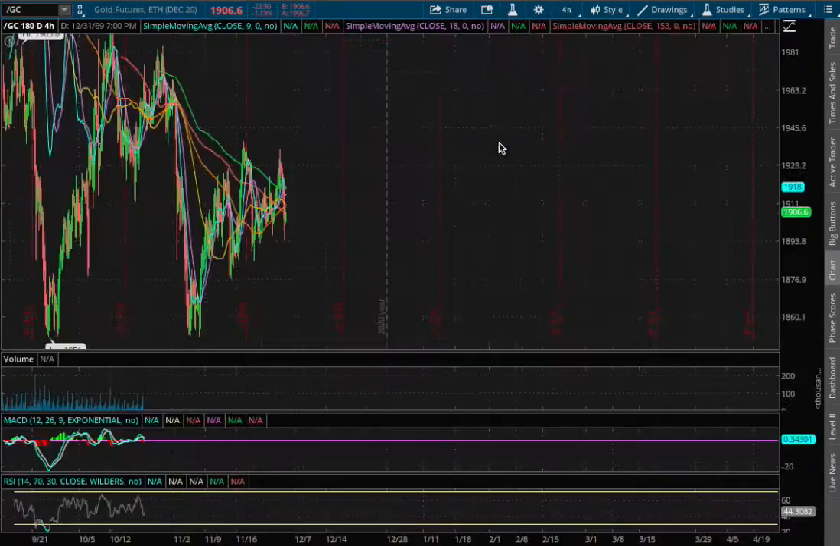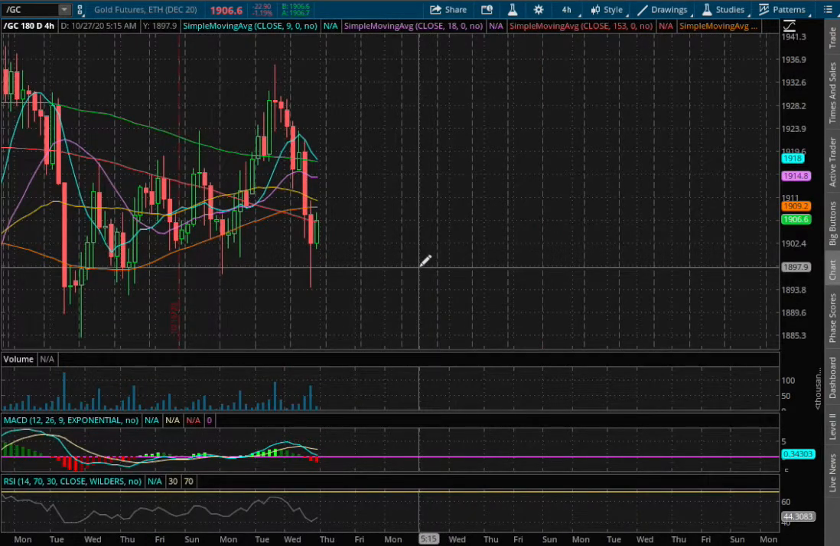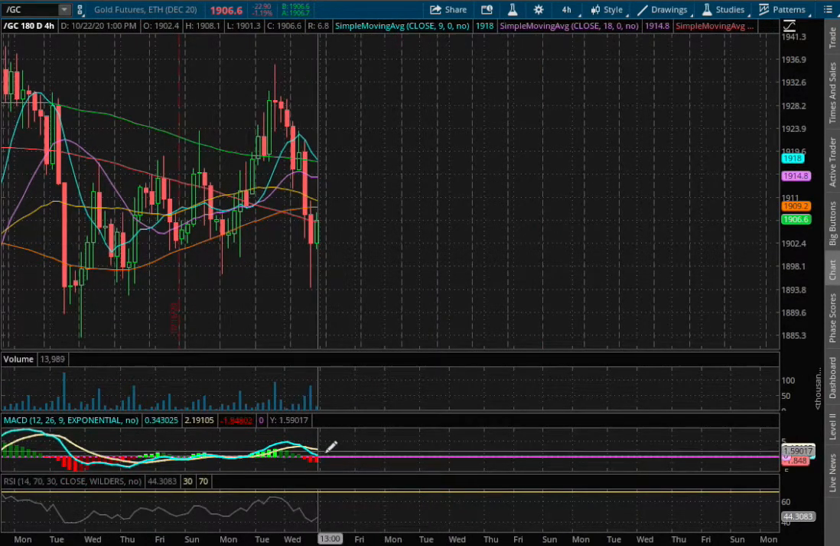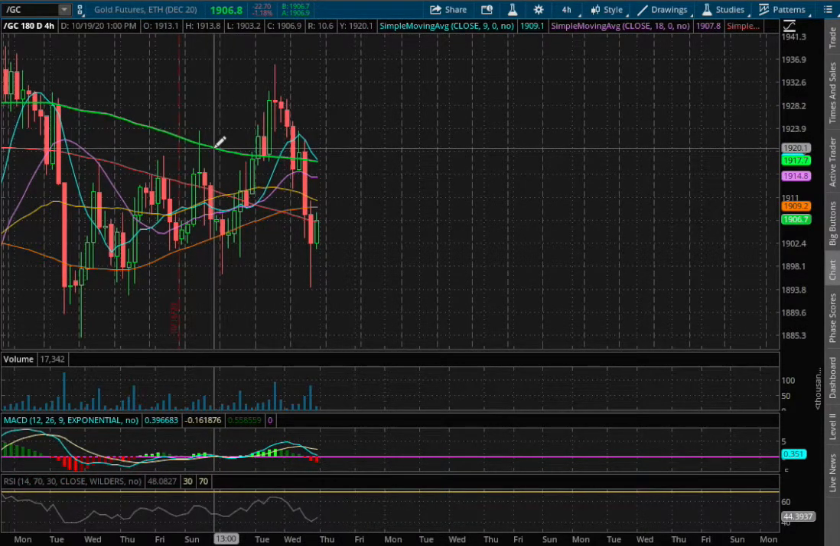$1,910. If we extend that to the 4 hour chart, we remain in a positive MACD, however we are approaching negative territory. And as of now, we are currently below the 200 moving average, this green line, which will act as our resistance at the price of